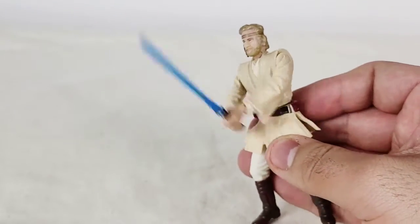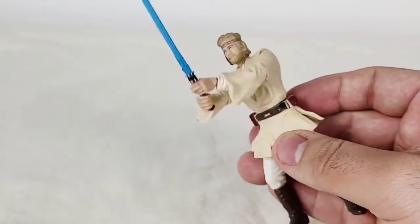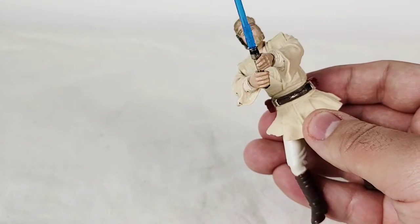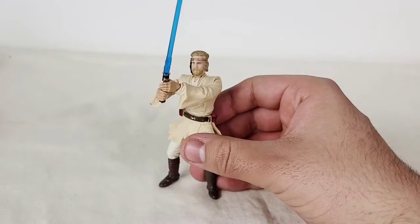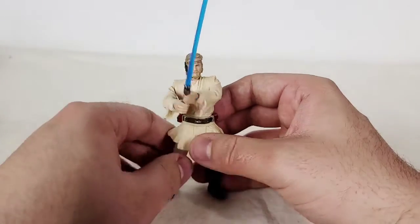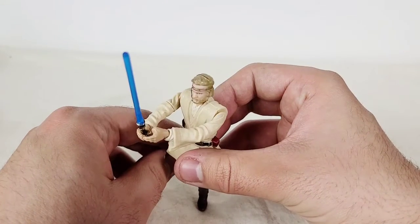Which I think is actually kind of cool. I was never really a fan of action figures that had little gimmicks like this. I preferred when they have like articulation or some more articulation. But this is actually a very fun play feature for kids. Unfortunately, the magnetic connection isn't really strong, and sometimes when you play around with it, the hand kind of comes off the